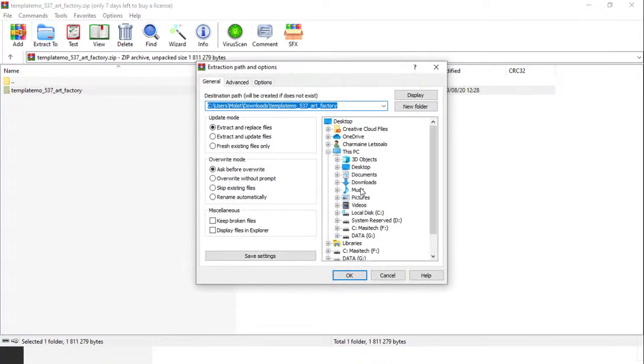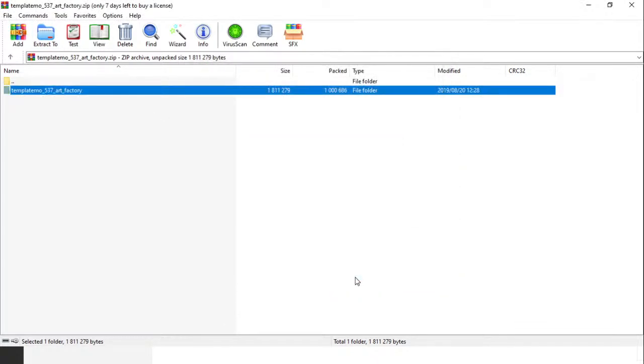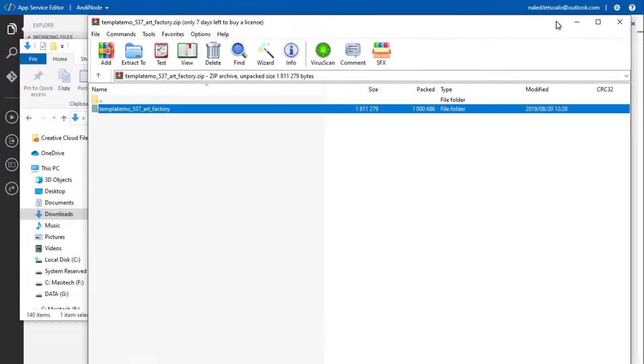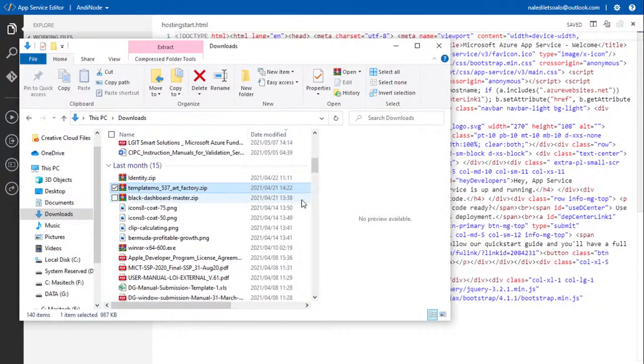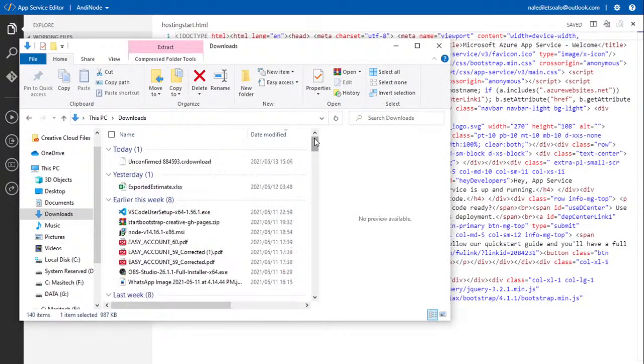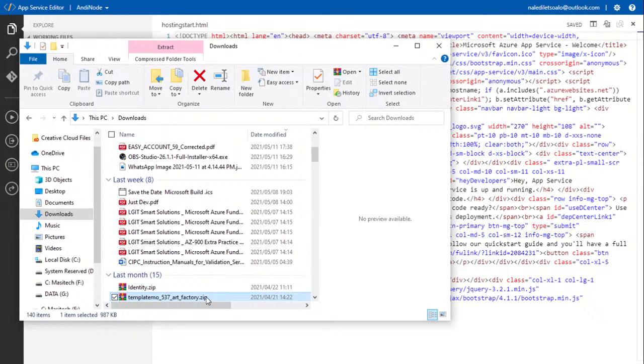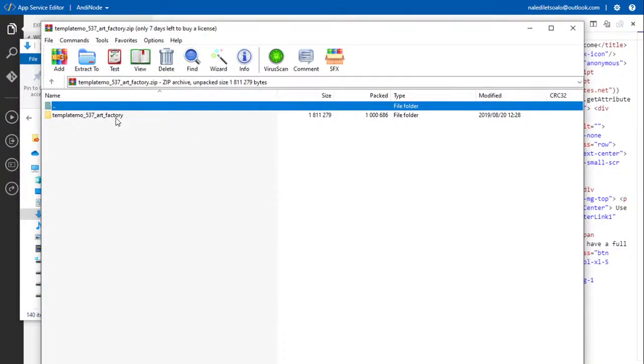Extract to downloads. Cool. So there's Art Factory. I didn't get a chance to actually see who created Art Factory, but a shout out to you. You created a really cool website, and it's actually quite big, that I am about to now use. Oh, I am not about to use it because I have not deployed it.